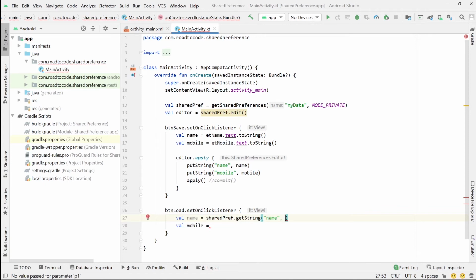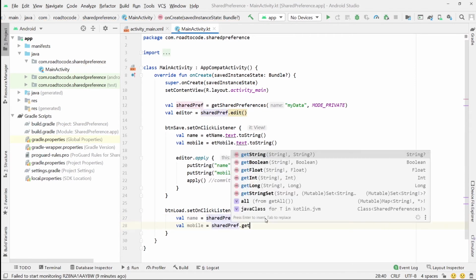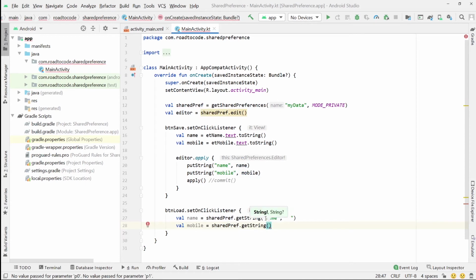Here I am passing an empty string, and the same for mobile number. sharedPref.getString, mobile, and again an empty string. This second parameter is the default value. We can pass anything here.